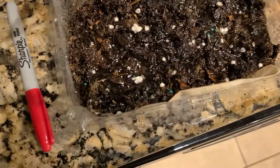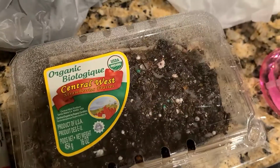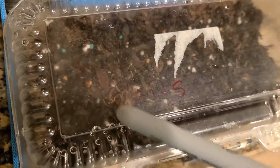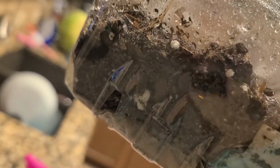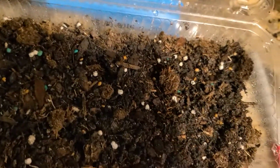Okay, I know it looks drowned, but it's not, I swear. I did label it. You can't see it because it's in red, but this is variety bell pepper. And then of course I wrote eggplants there. I soaked it from what y'all think, but I didn't. It still hasn't gone down to the bottom because the paper towel's not wet. But yes, you want to give them a lot of water and you want to put them in a sunny place. So again,